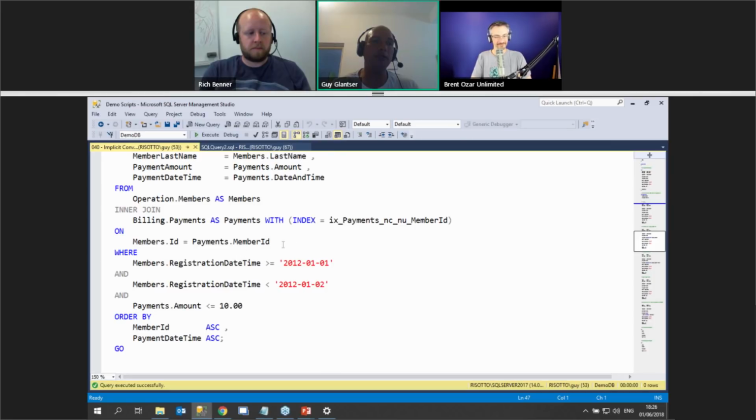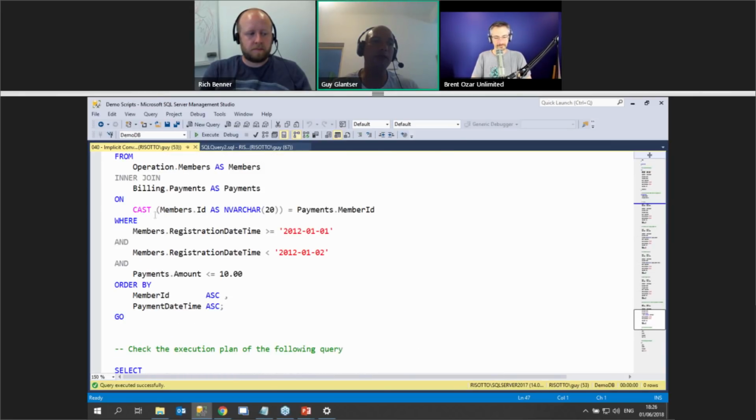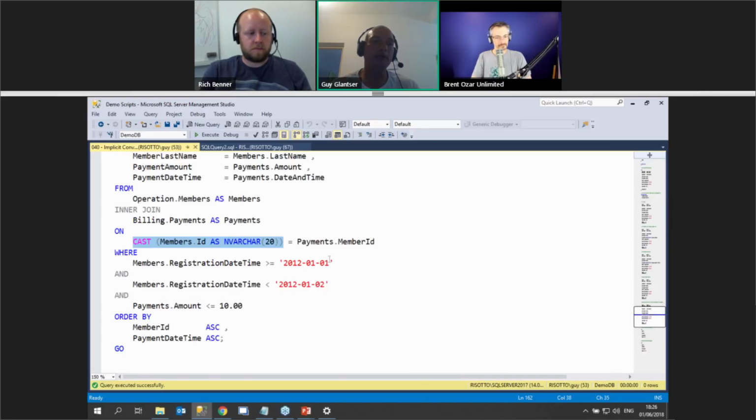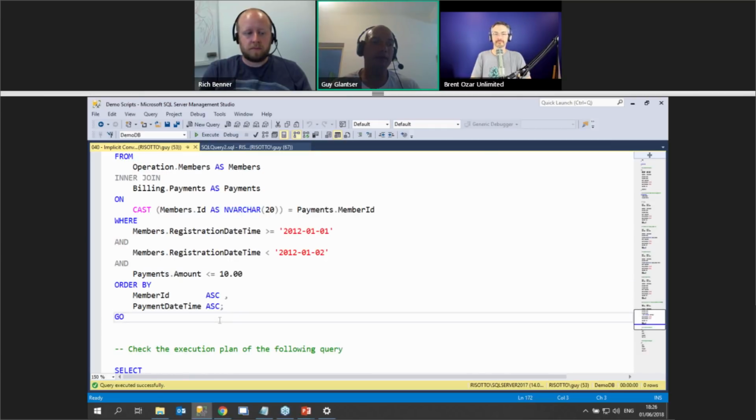So we can actually instruct SQL Server to do it the right way by doing this, okay? So instead of letting SQL Server do it implicitly, we can explicitly convert the member ID, in this case from the members table, to varchar 20, okay? So by doing this,